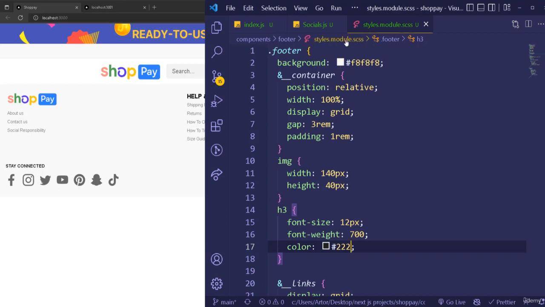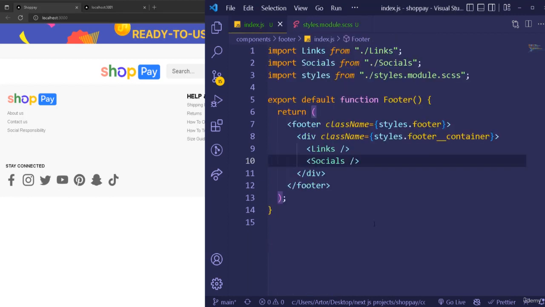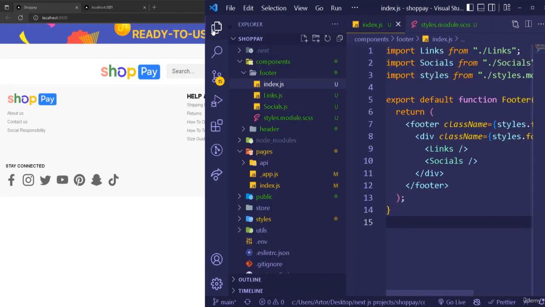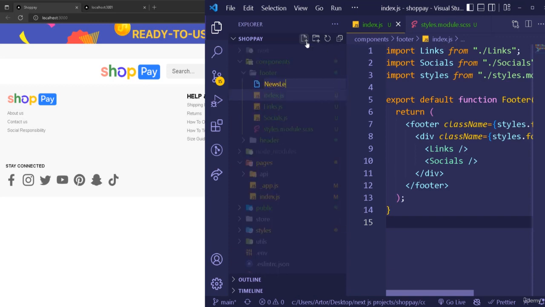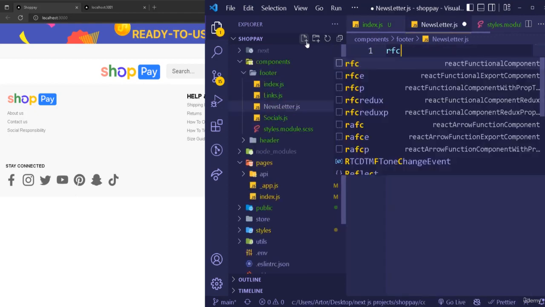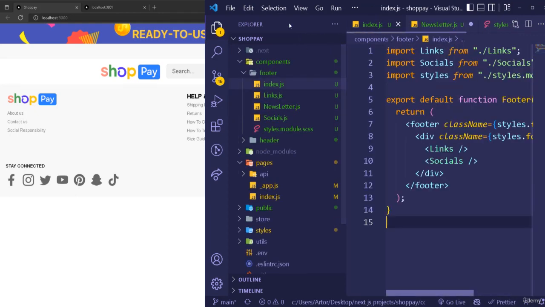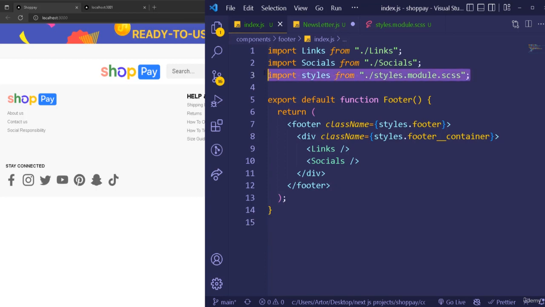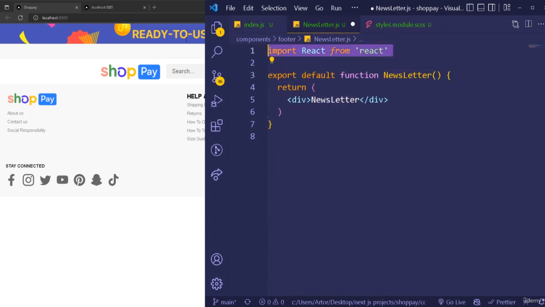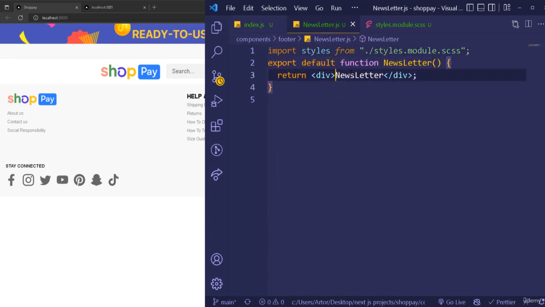And then after the socials, now we go back to the index. We need to work on the newsletter part, where you have the inputs and you click to get the newsletter, which is a functionality that we will work on. So let's call this newsletter.js like that, and then RFC. Let me just go back right here, copy the styles as usual. So import, and then the styles right here. And then this is going to be a className, which is going to be